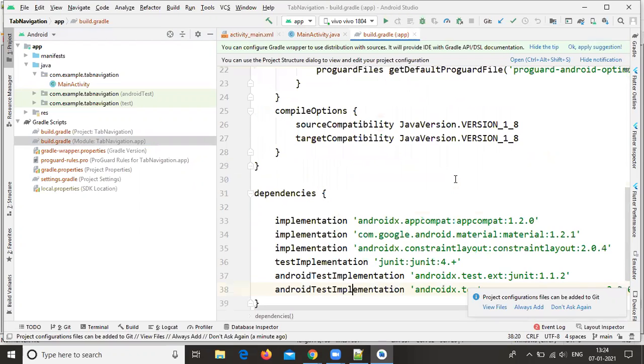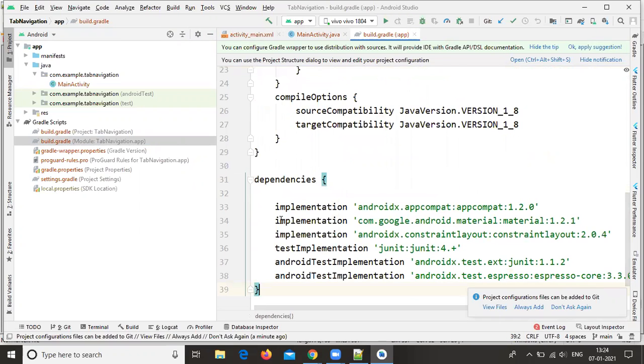Here this dependency is already added: implementation com.google.android.material:material:1.2.0. This is the library for tab navigation, and of course it is also for implementing material design. It is the dependency for tab navigation.